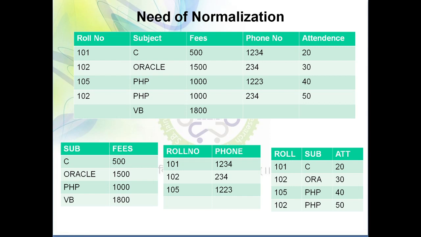We are going to face three problems. One is an insertion problem, the second one is a deletion problem, the third one is an updation problem, and also we are going to face a problem of inconsistency, because these three types of problems lead to inconsistency in the table. So broadly we are facing four types of problems in this particular table. We discuss the first problem, that is the insertion problem.